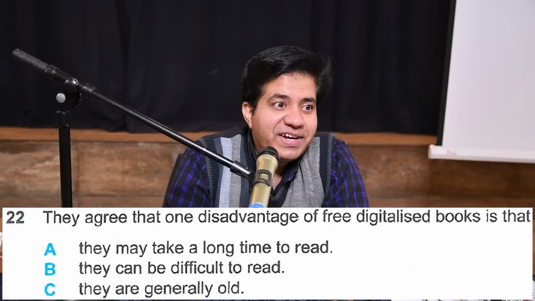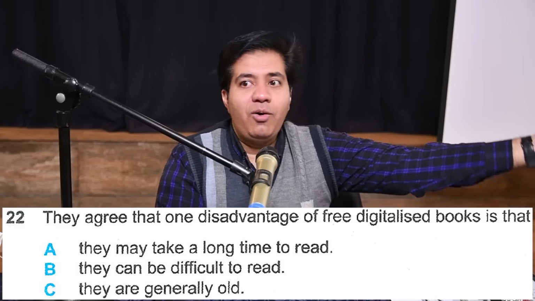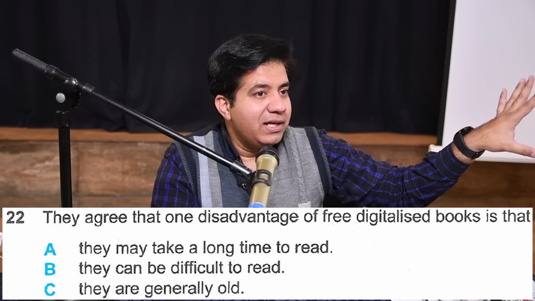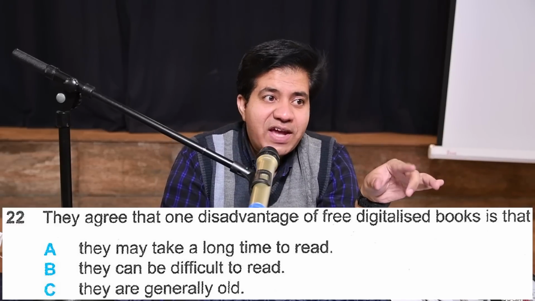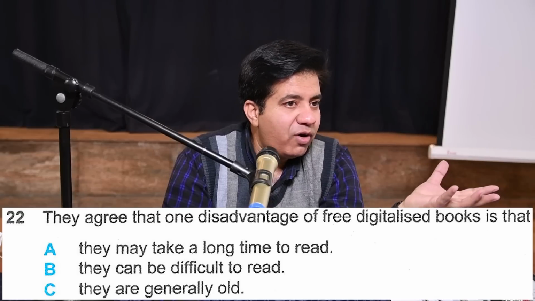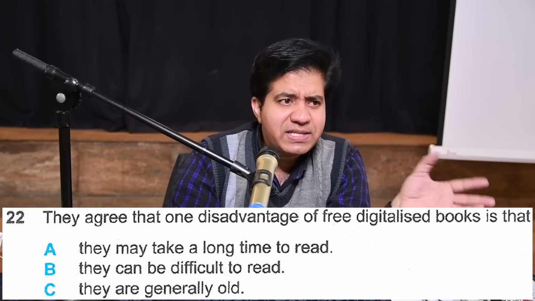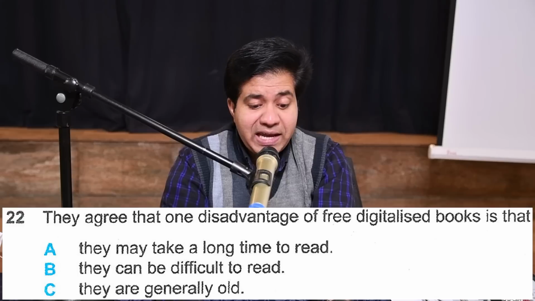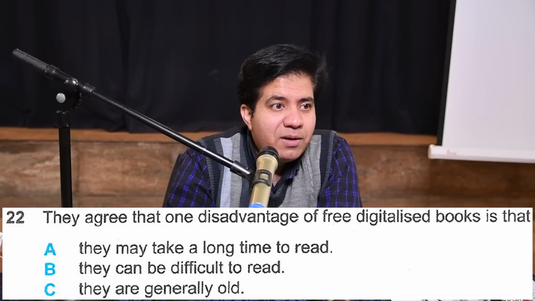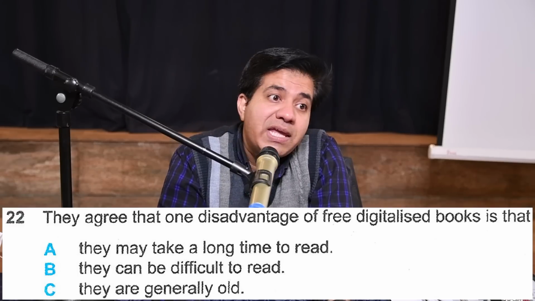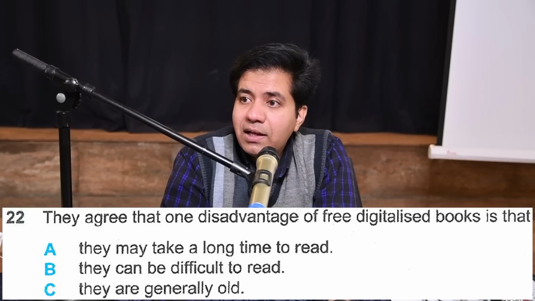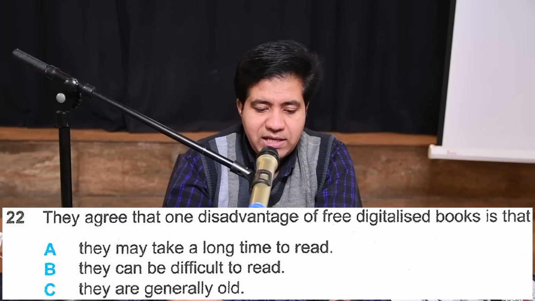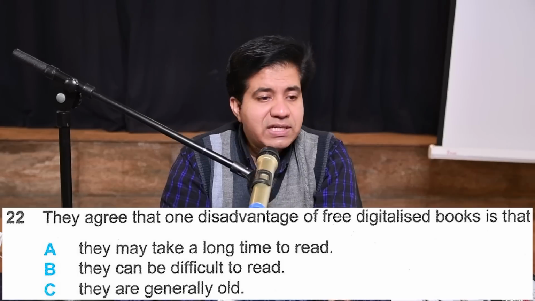Okay, I prefer it. She said it takes me a long time. Say, oh, I prefer it. So A और B दोनों को उसने cancel कर दिया. So what is the answer? C, generally old. Copyright lasts for 70 years after the author dies and all that. समझ आया? लग यही रहा था कि A या B में से कुछ होगा. But then he said, oh, I prefer it. और हमने क्या देखना था? Agreement. Yeah, but then the man said, oh, I prefer it. Yeah. She said about herself. इसी तरह से trap करते हैं.